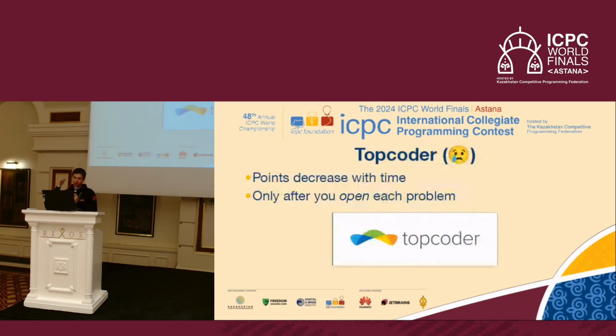Another set of rules was TopCoder, unfortunately not holding competitions anymore, but it also had an interesting rule that you can open a problem and only then do your points for this problem decrease. It required a whole bunch of new strategies, for example you can decide which problem to open. It was interesting, and it's a bit unfortunate that we don't have a lot of different rules anymore. But it's cool to have different ways to hold programming competitions, even though all of them are, in the end, just solving problems as fast as possible.